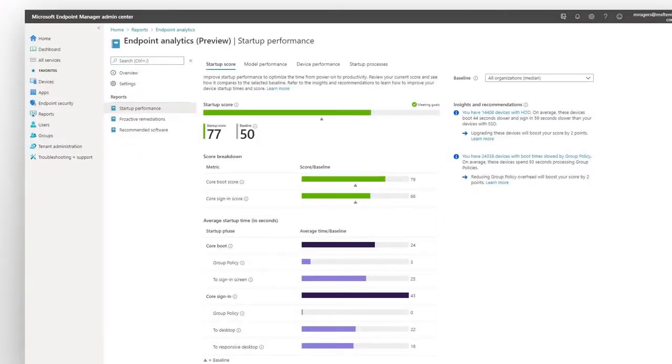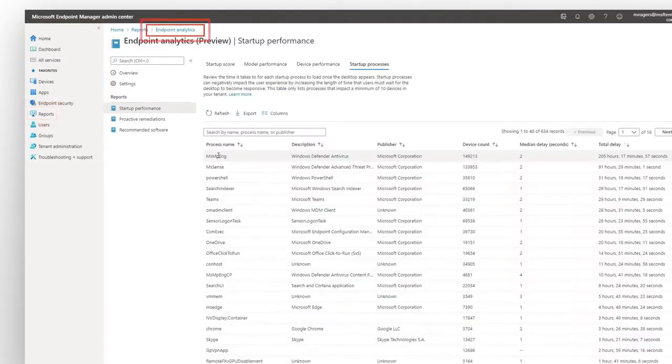Like they can just go into the Endpoint Manager Admin Center, go to Reports, Endpoint Analytics, and click a Start button, and it'll start collecting information on their cloud devices immediately. Now, if they happen to be Configuration Manager customers and they're on-premises, they can take advantage of Endpoint Analytics as well. All they need to do is tenant attach and follow a few steps that we've outlined in our product documentation. And they can then log into the Endpoint Manager console, click Start, and then get data on their on-premises